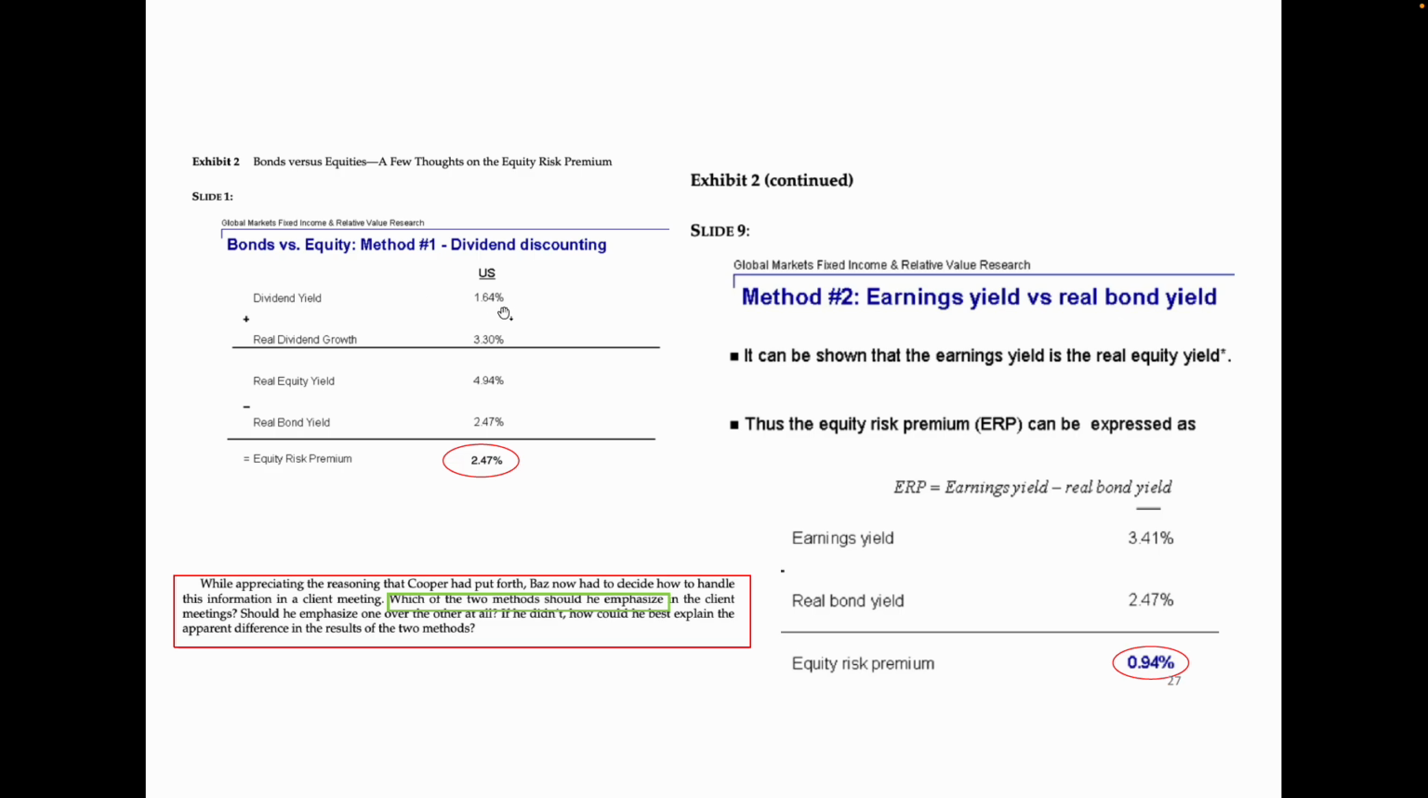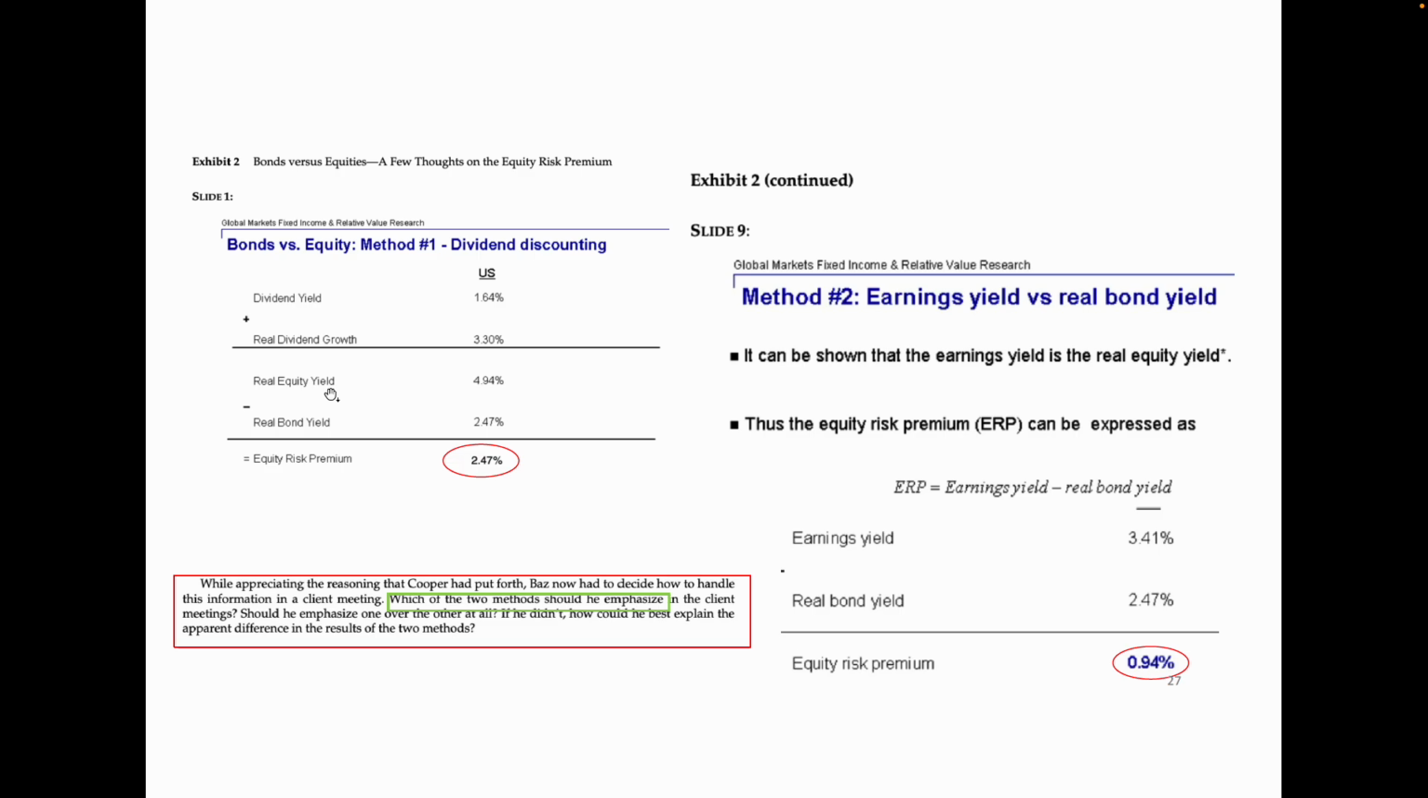They take the dividend yield plus expected dividend growth. This is what economists say. It's a truism. I will prove it on the next slide. For now, let's take it as given. Then you get the